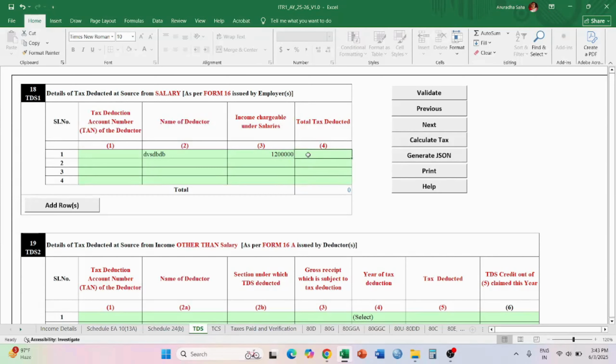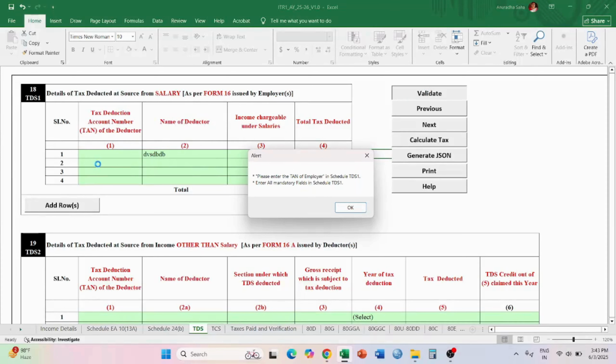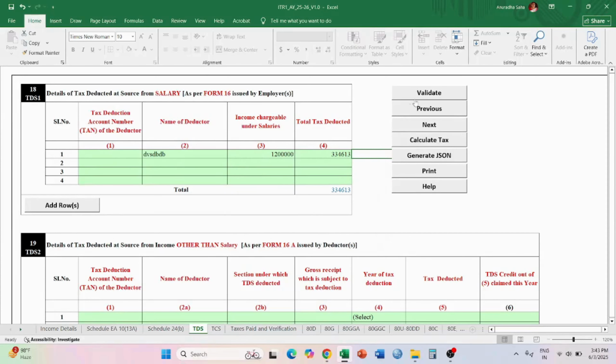And then the total tax that has been deducted over the year also needs to be written over here. Suppose I have written over here 3,30,000. Once I go to validate it, it shows that my TAN number is not written. If you have written a TAN number, then it will validate it.